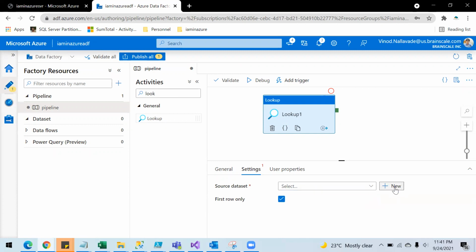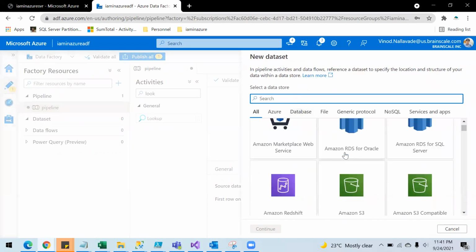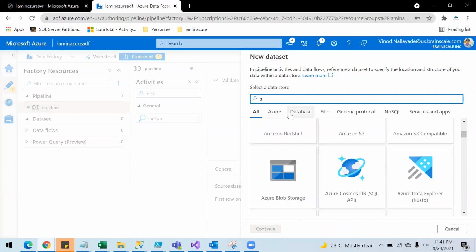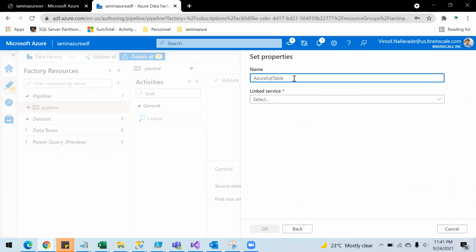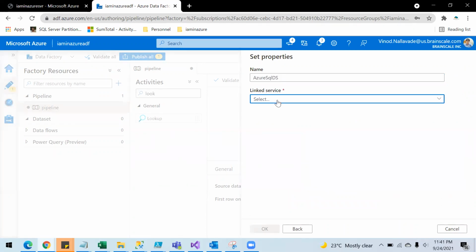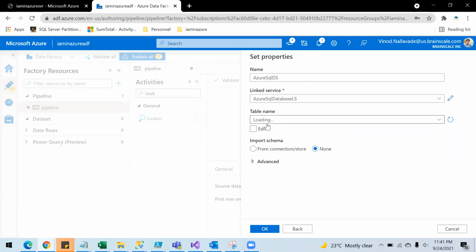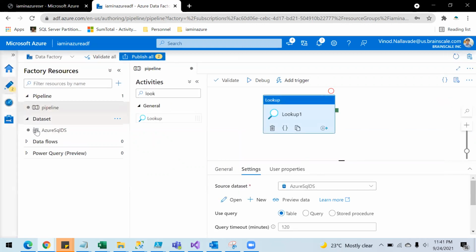So I'm going to create a data set. I need a data set related to SQL Server. So SQL Server, continue, and this is Azure SQL DS, which is the data set, and I'm going to select the linked service. We're not going to select any table now because we're going to call a stored procedure. Let's create this, and your data set will appear here.